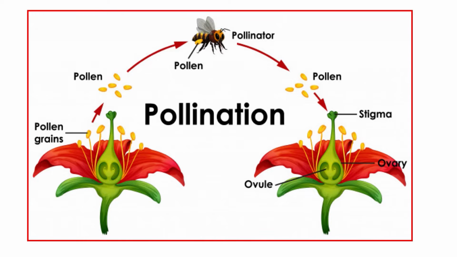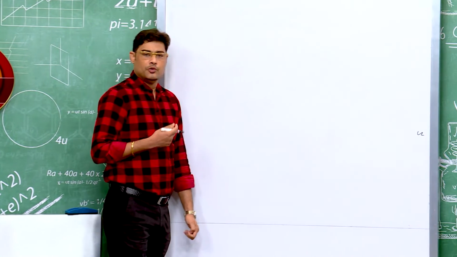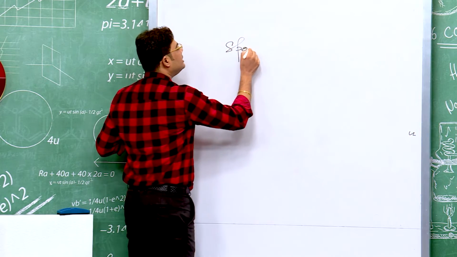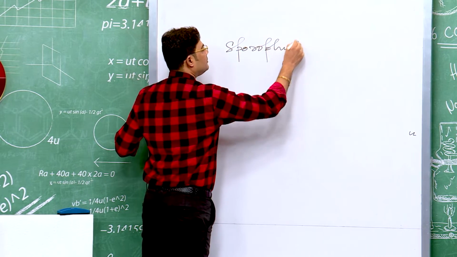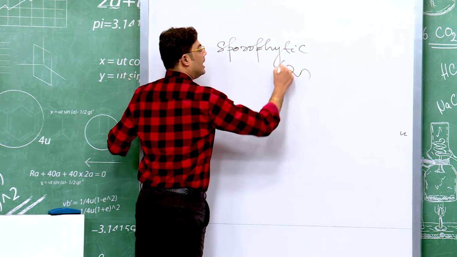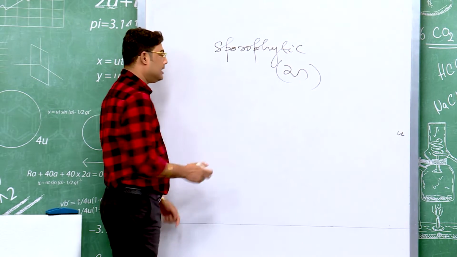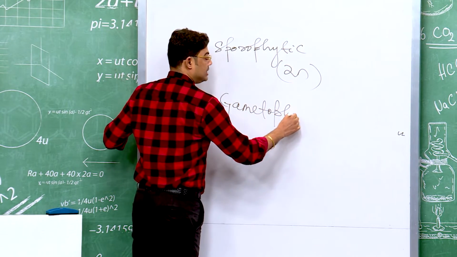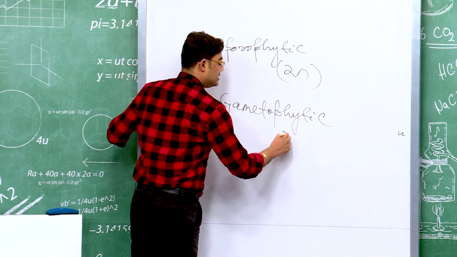Today, we will discuss something about pollination, why this pollination is important, and what role exactly it plays in the life cycle of a plant. Okay, let us see. In a plant, two types of generations are there. One is the sporophytic generation, which is a diploid one, and the other one is the gametophytic generation, which is